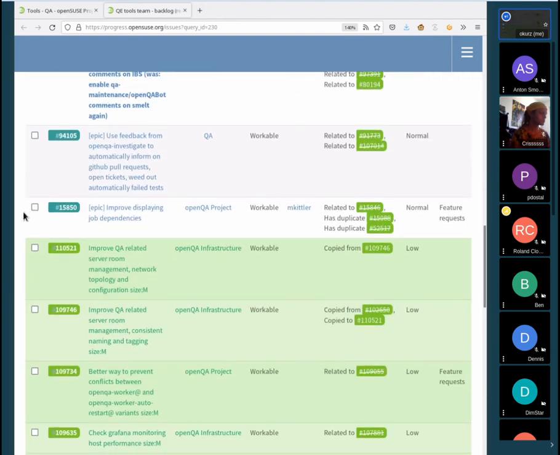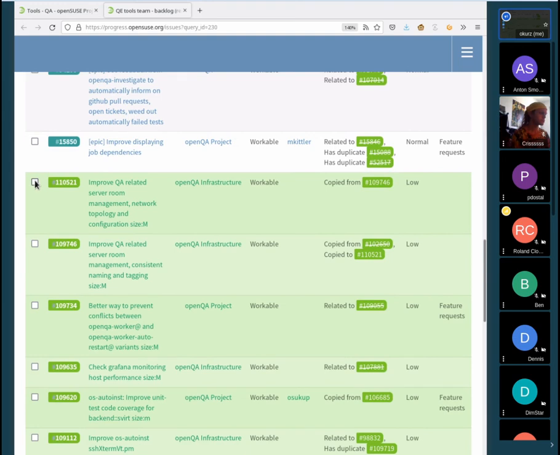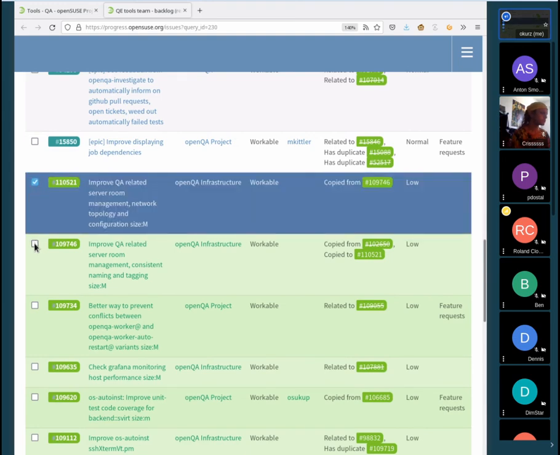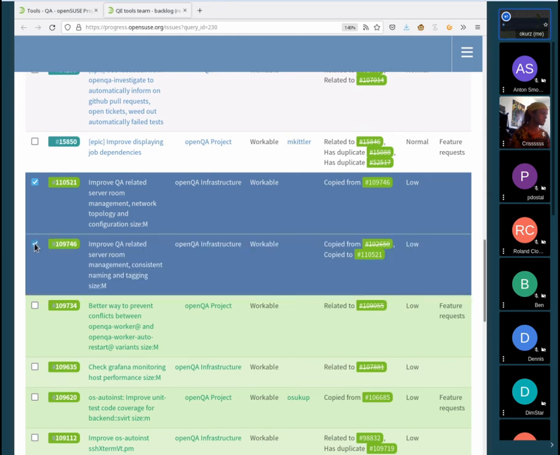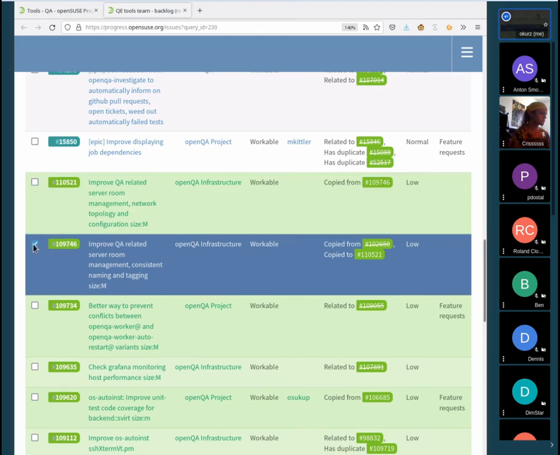Okay, then, right. So we mentioned moving QA labs with a bit of limitations that we have in the Nuremberg data center. So we also have some cleanup work or some administrative work where we want to improve the server room management. It seems like now also within the SUSE QE Tools team, we need to take up a bit more responsibility regarding the non-openQA related network maintenance. So you can see that reflected in tasks like these.